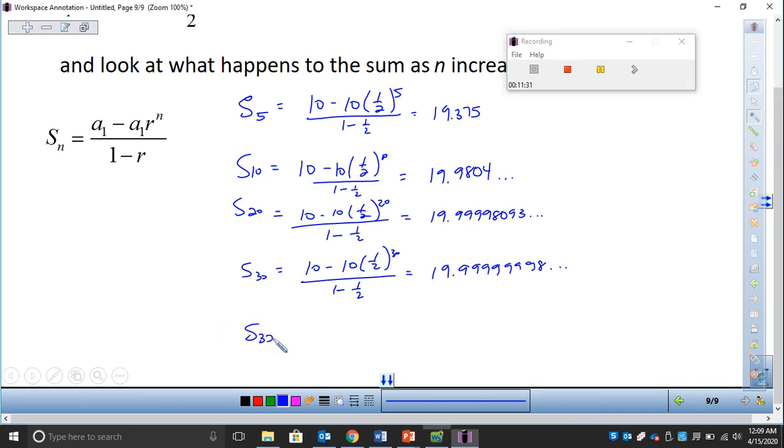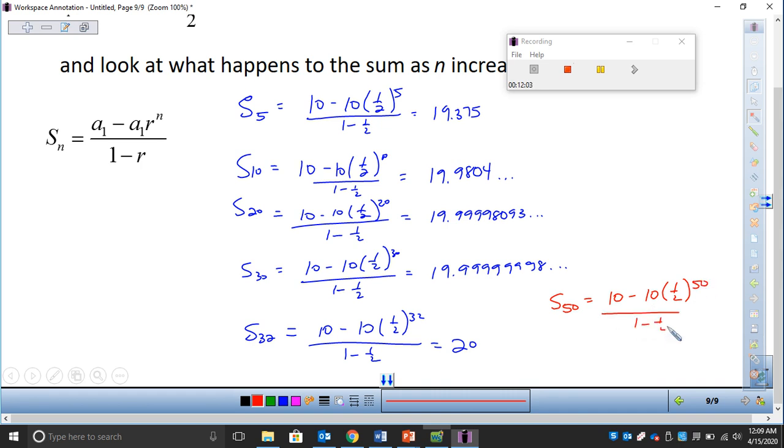I'm going to do 32 terms. So when I plug in 32 terms, same process, 10 minus 10 times 1/2 to the 32nd, all over 1 minus 1/2. When I plug that in, it gets me to 20. Now let's jump up and do one more. I mean, let's change colors now. Let's go S sub 50. When I plug this in, again, a lot of the same stuff, 10 times 1/2 to the 50th, all over 1 minus 1/2. This also is going to give me 20,